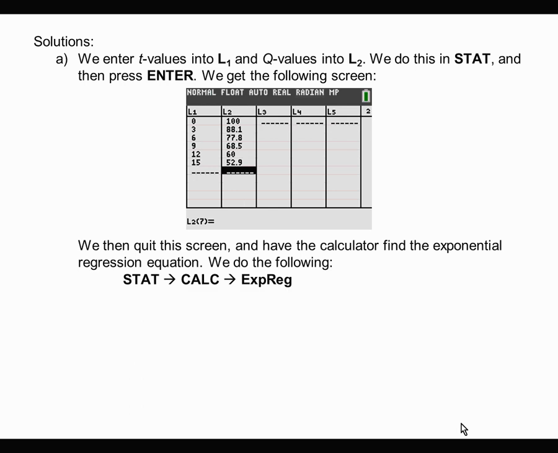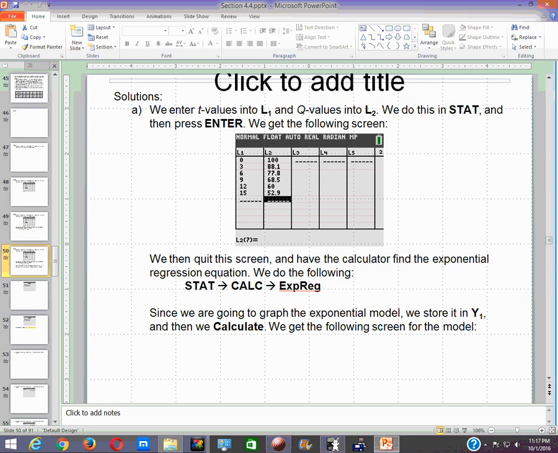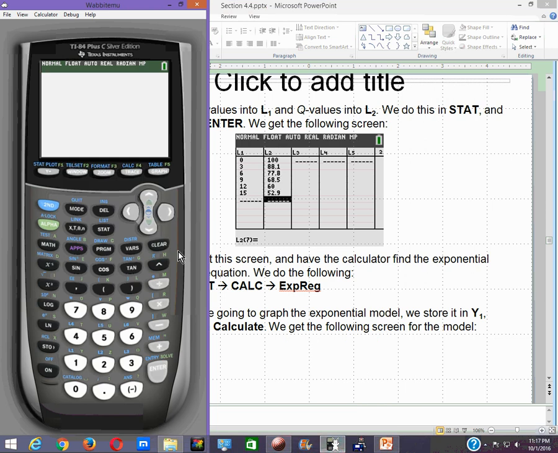We're going to do the exponential regression. We're going to go into Stat, Calc, exponential regression. Remember, exponential regression is choice 0. Since we're going to graph the model and maybe do a calculation with it, we're going to store the model into y1. So do Stat, Calc, remember, choice 0. Okay, we want to store this into y1. So Vars, Y-Vars, Function, y1. Now, if I had not cleared out my y1, this would overwrite it. So calculate,